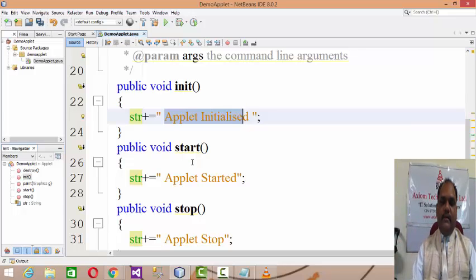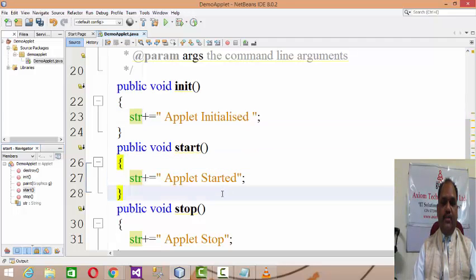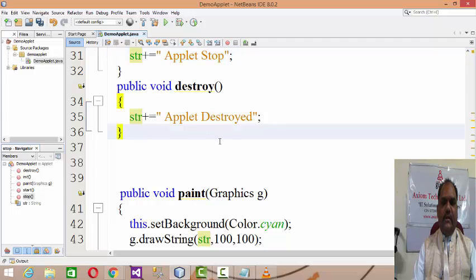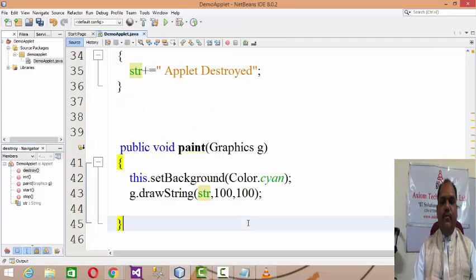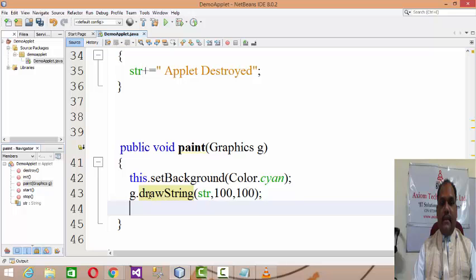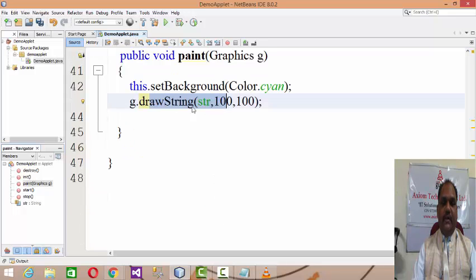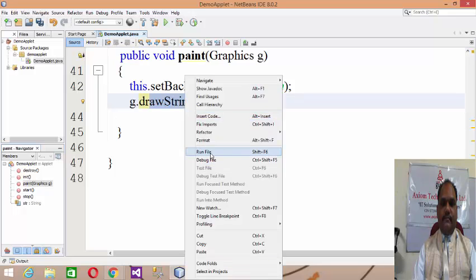That way I come to know that the applet cycle gave a call to the init method, and then it will give a call to the start. Then it will say applet started, stopped, and destroyed, and I am able to view all of these things. That str is what I am going to draw in the paint. Let us execute this.